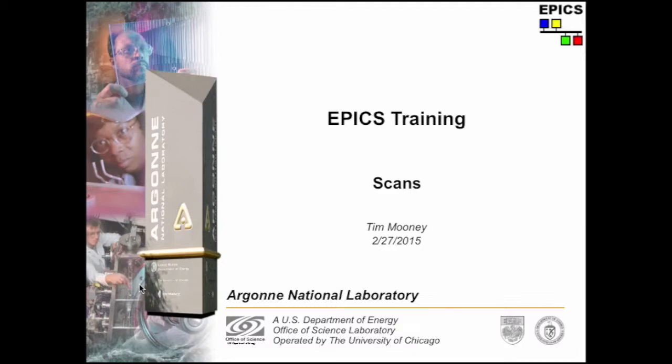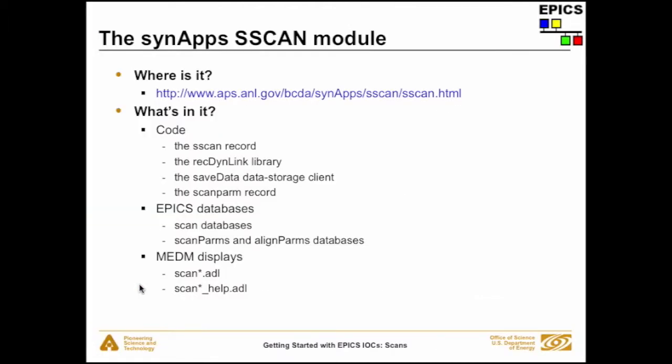This talk is about the EPICS scan record, and it's also about things you have to do in a database to make that scan record work. There's a link to the scan documentation, basically where you can grab the code. And what's in it is the scan record, the recDynLink library, which is the original version of EPICS's retargetable links,